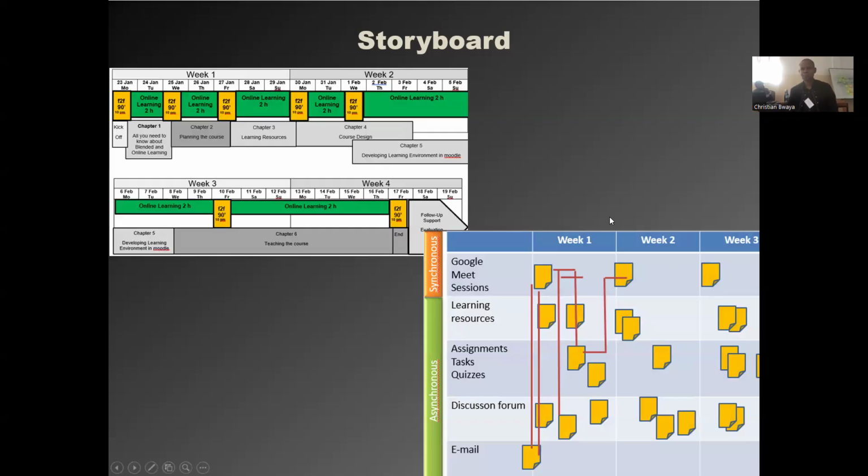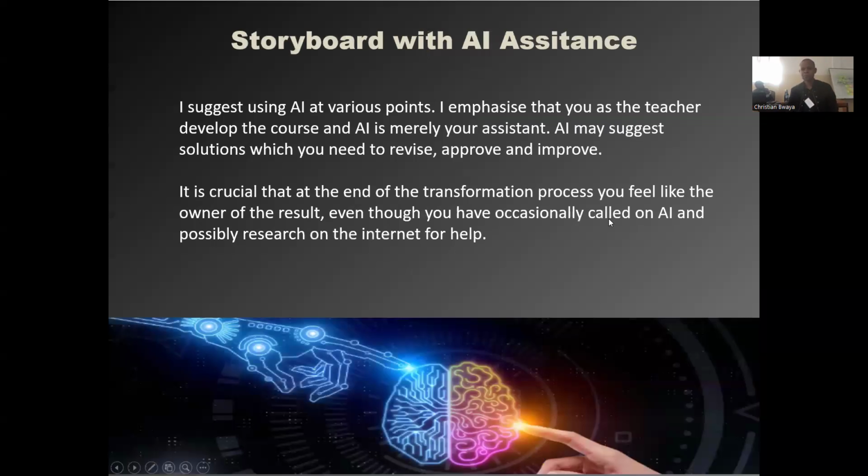Now, as I said, I will also talk a little bit about artificial intelligence. And for me, artificial intelligence can be used at various points of the course development. Let me tell you about how to use it in the phase where I create a storyboard, where I'm in the planning phase of the course.